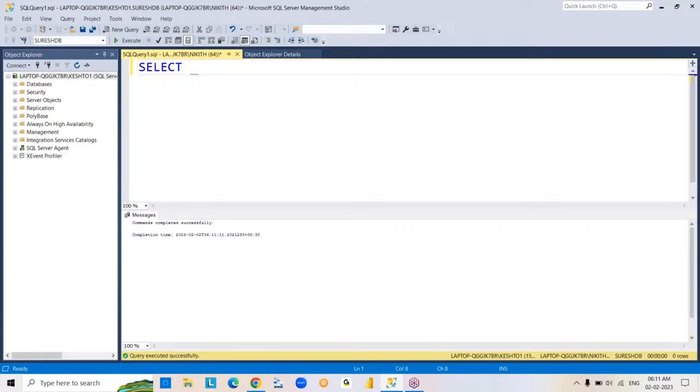See, only command of the DRL is select statement. So basically, select statement is used to retrieve data from the tables. For example,